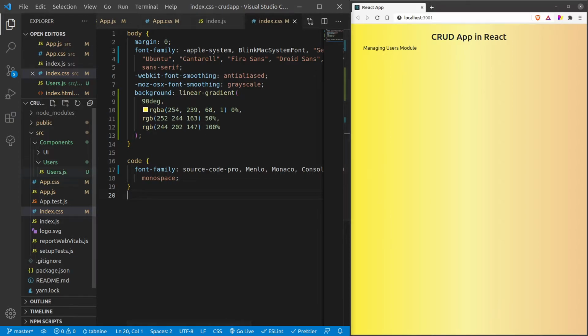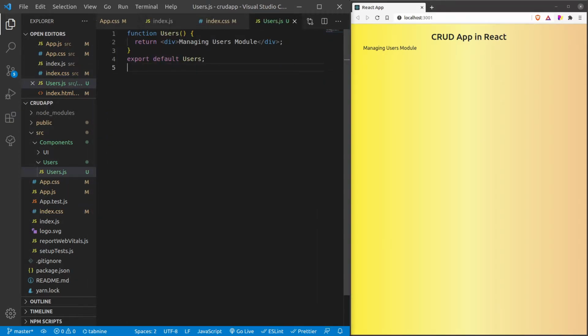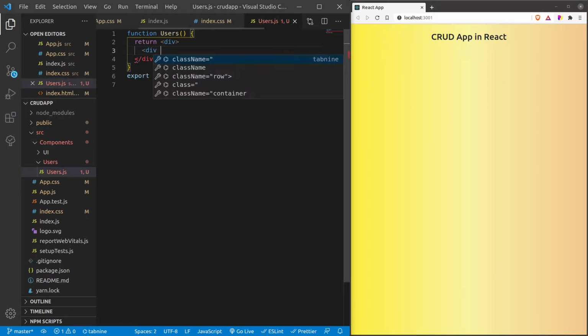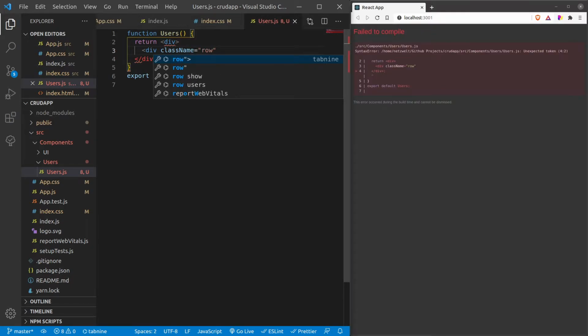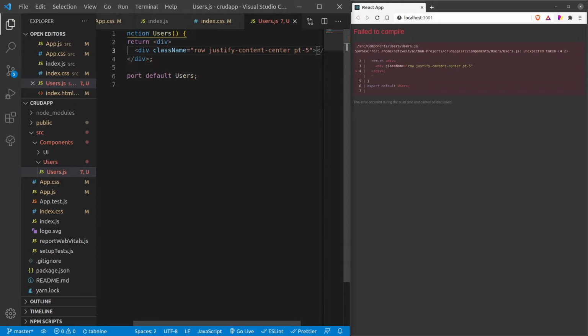So now let's create some components for our users component. Right now you can see that it is only managing users module. So now let's extend its functionality, and let me remove this text, and let's create class name as row and justify content center so that all the content is at the center, and pt5 is for padding top that I'm providing.